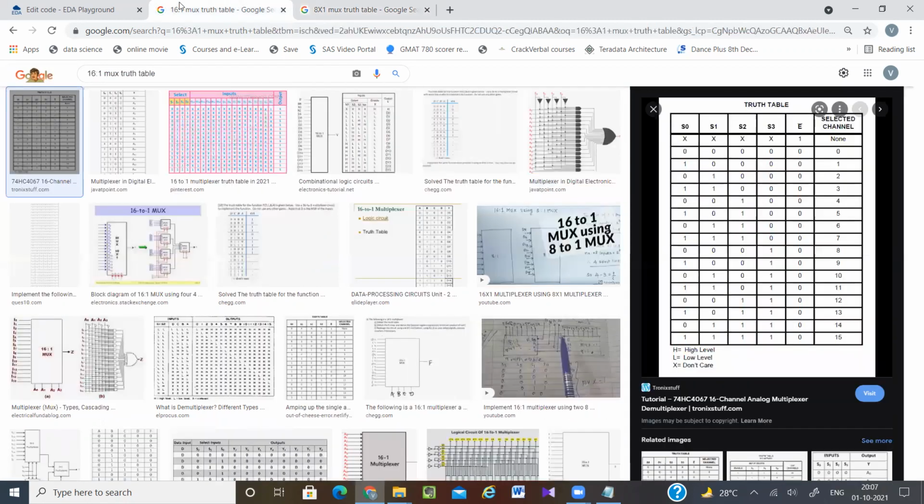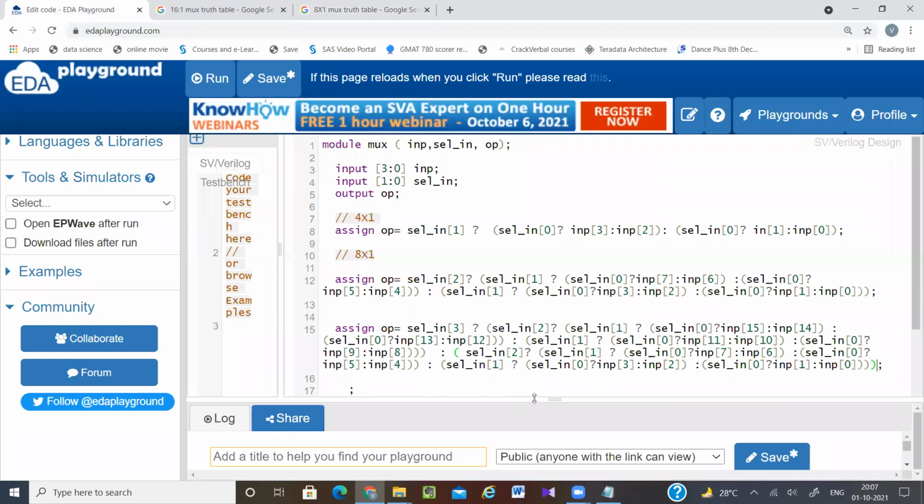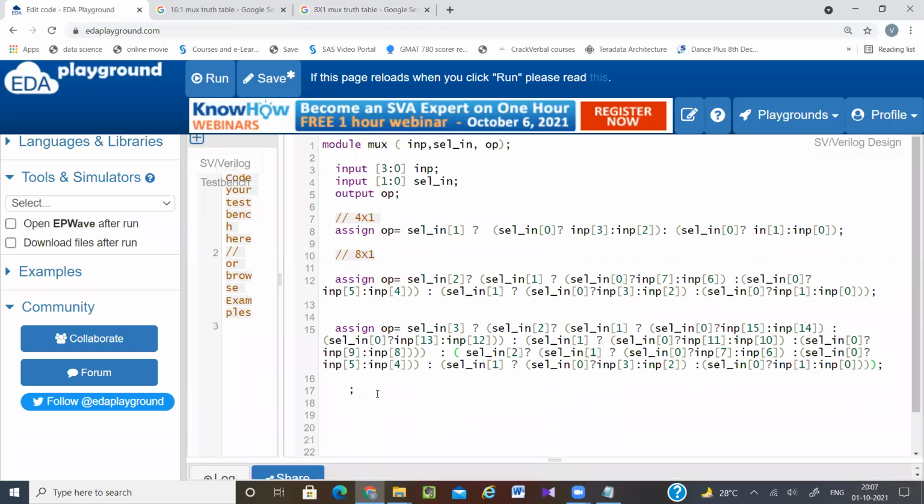So let's say someone is asking you to design a 32x1 mux. So now in the same manner I'm going to design it. This is a 16x1. Now 32x1 mux. So step by step you have to go to 32x1 mux.